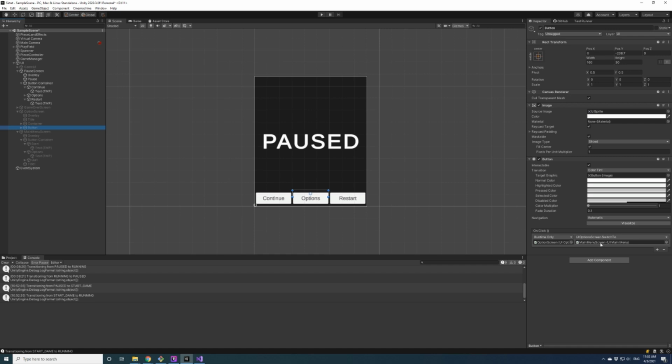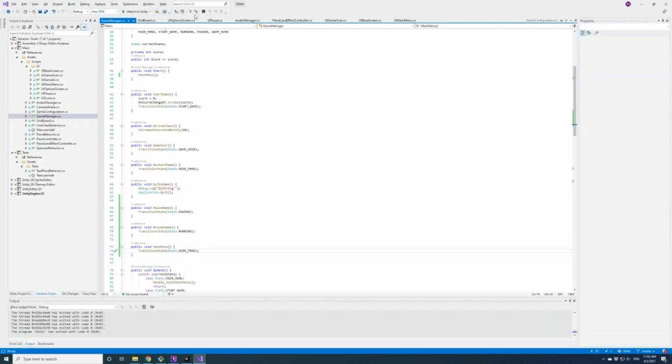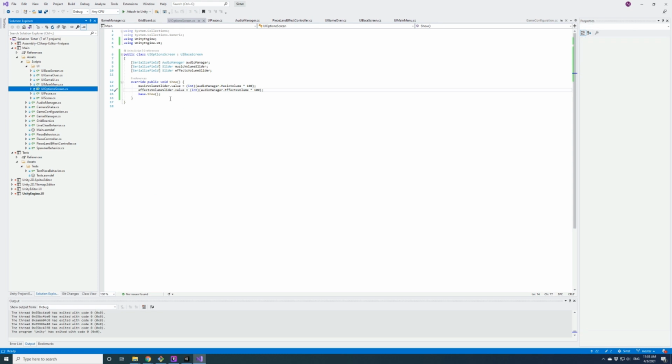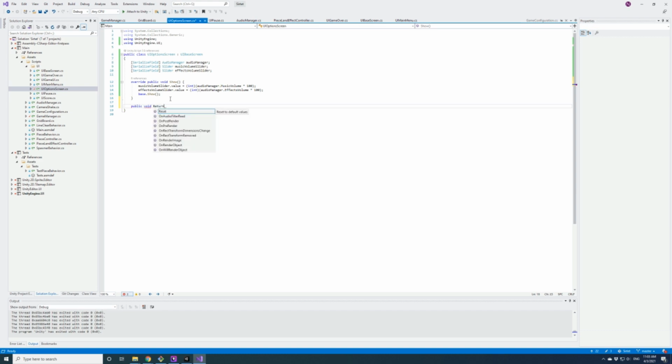Because really that means we want our UE options to have a public void return to last screen.